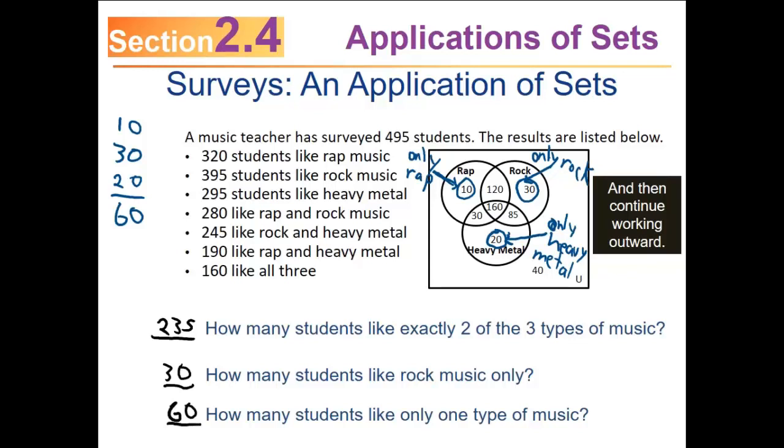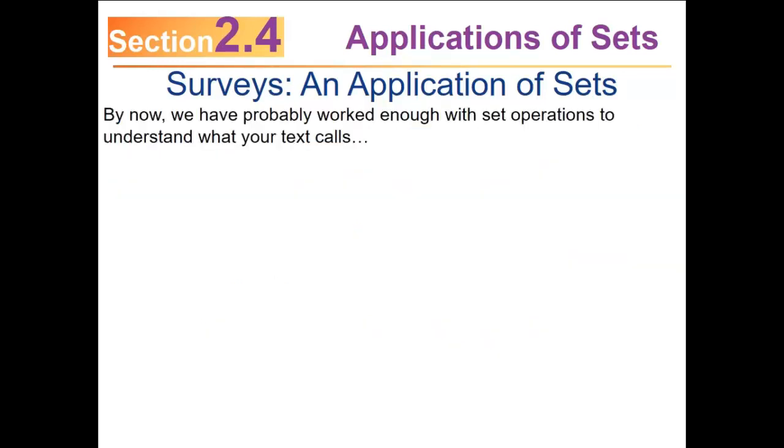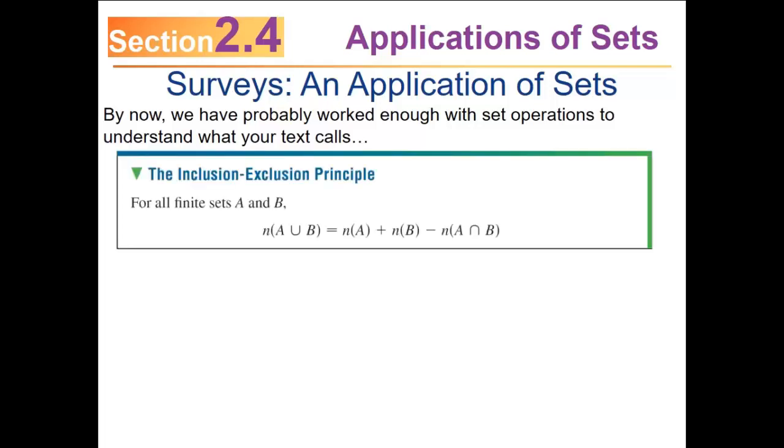So, was that hard? I told you at the beginning that this section was mostly Venn diagrams, and that is true. However, I do want to say there are ways around Venn diagrams in fairly simple situations that might be worth knowing about. You could still do it with Venn diagrams, but maybe something else is better, and that's what I'm going to suggest here. In certain situations, even though Venn diagrams work, you might be better off doing it this way. It's something that your text calls the